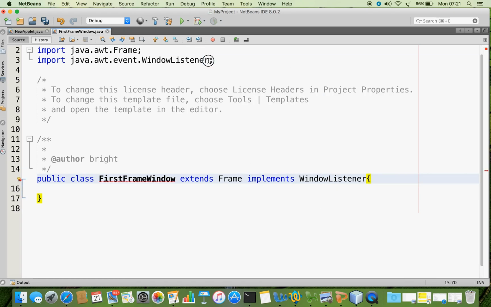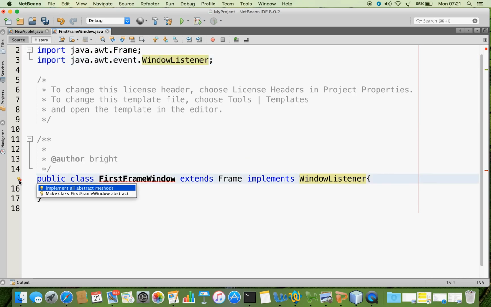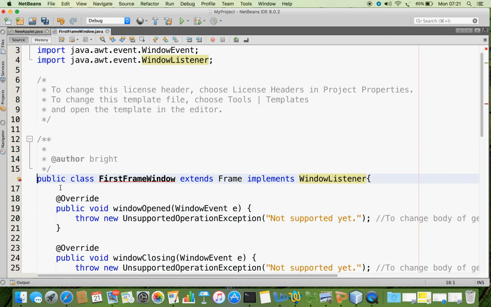You can see that this is a standard interface which is in the package java.awt.event. Now it shows some error. It shows that we have to override all the abstract methods of the WindowListener. So there are two options to use the WindowListener, either by using implements WindowListener or you can use it through the anonymous inner class. So first I'll explain with the help of this implements WindowListener. Now you can see that yellow bulb indicator, click it, it shows implement all abstract methods, and